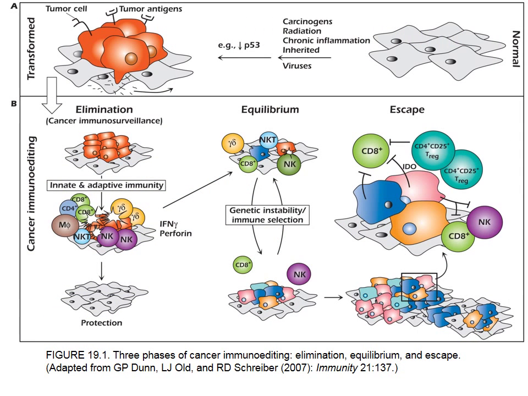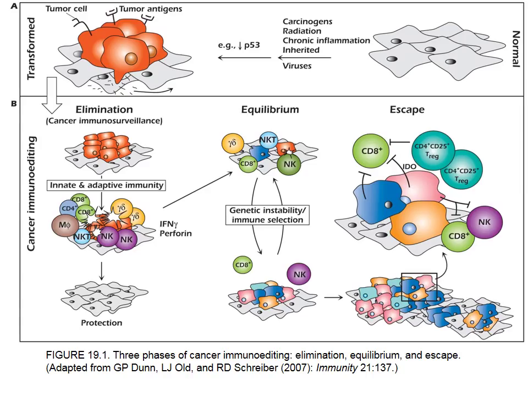Now, let's go to a little more pictorial view. There are three phases of cancer immunoediting: elimination, equilibrium, and escape. Because the things we are learning from these patients are not as simple as we teach. They are very, very complicated. The system is more complicated than we think it is.